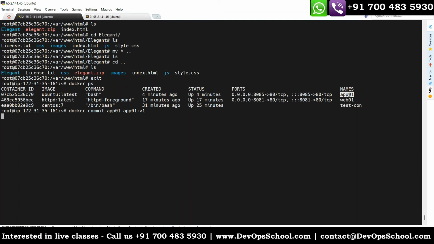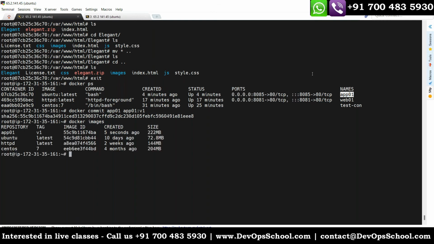So it will be converting. Let it convert. Yes, finally, if you run the command docker images, you can see that your image